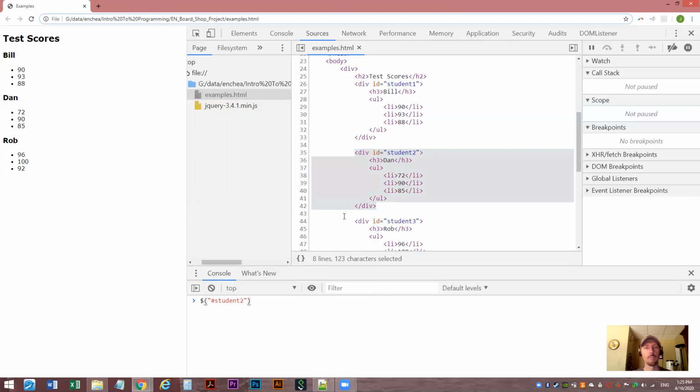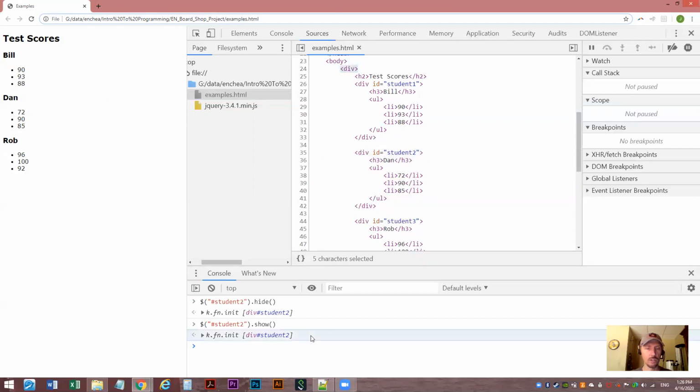Now that we've got that selected, some of the things we've done in the past is we could hide that, see it goes away over here, or then we could bring it back, we could show it, right? But let's say we want to do something to the parent, right? This outer div tag here. All right, so how would we do that? Well, we would